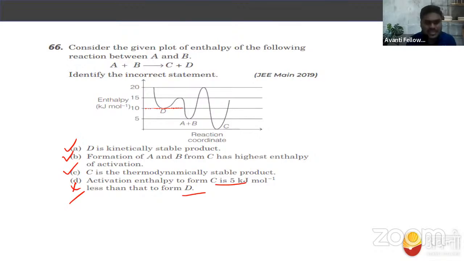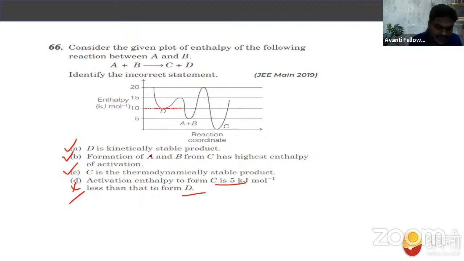Because what is activation energy? Activation energy is the extra energy required by a reactant molecule that results in effective collision between them to form the product. So this is the definition of activation energy. That is, activation energy is always the extra amount of energy required by a reactant molecule that results in effective collision to form the product. So always remember this, right? And why is only statement D incorrect? Because